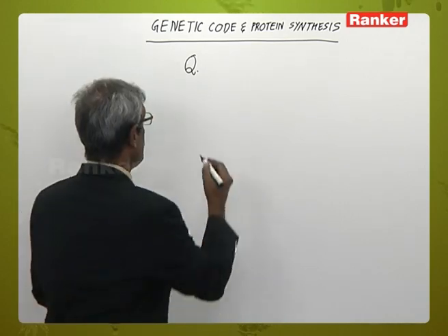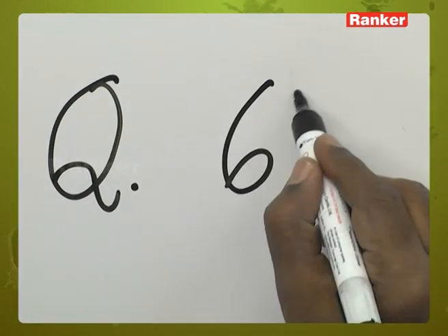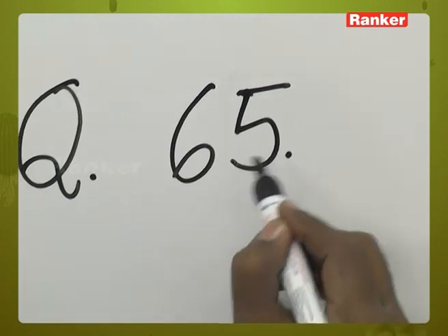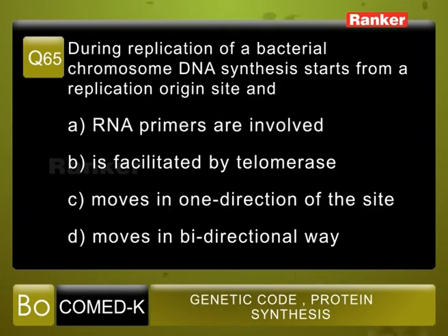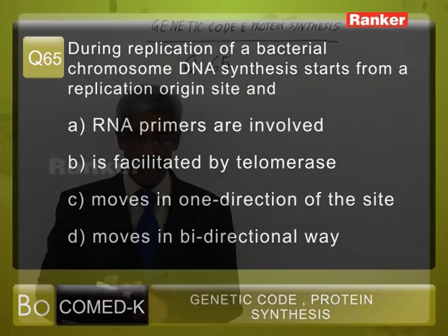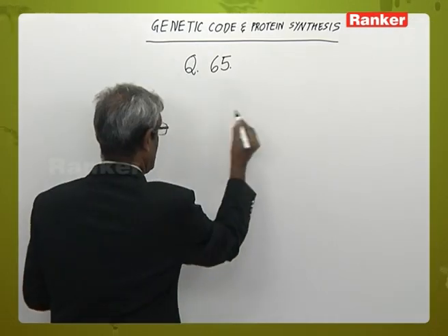We go to question number 65. During replication of the bacterial chromosome, DNA synthesis starts from the replication origin and A. RNA primers are involved, B. is facilitated by telomerase, C. moves in one direction of the site, D. moves in bidirectional way. Now, when you take bacterial DNA,